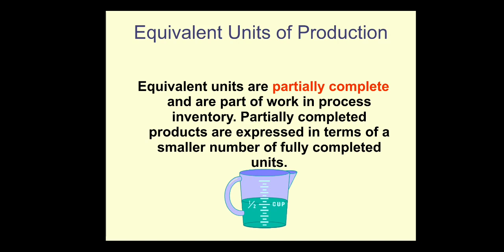Work in process inventory is partially completed product. It means that the product is not completed yet, but partially complete. So maybe the completion is 20% complete, or 30% complete, or even 10% complete, or at any percent